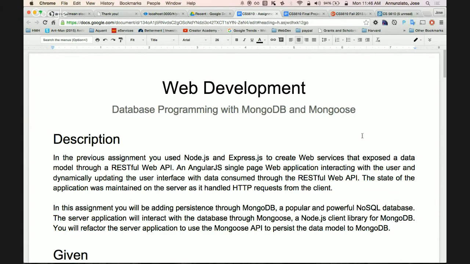Basically, it's just a continuation of what we've been building. You've already created the Angular front end, right? You've already created client-side web services that send out HTTP requests to a server. You've already done that. Server-side web services that respond to these HTTP requests, the ones that are listening for incoming HTTP requests, the gets, the puts, the posts, the deletes. You've already created a data model for the forms and users,